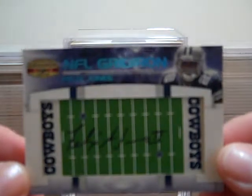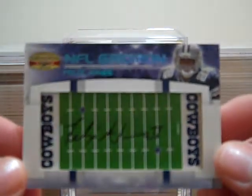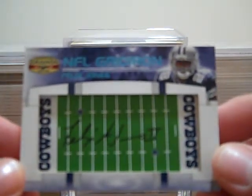This year they got them numbered big time, up to like 200 and 300. But this was one of the first years they did it, if not the first year they did it, and they're a lot shorter print. But that's Felix Jones,